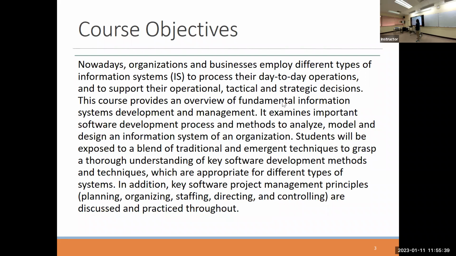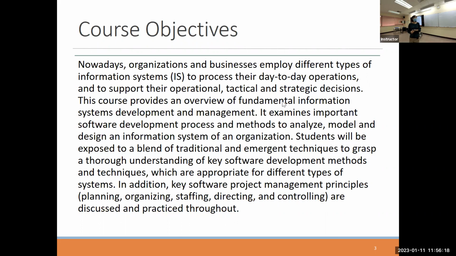We know that nowadays, information systems are very important to all organizations and are a kind of key success factor for business, because now we cannot just rely on business transactions and operations without any information system behind, right? So information system would be considered a kind of main engine to drive many of the business transactions, decision making, operations, and many more. Okay, so that is the importance of information systems.